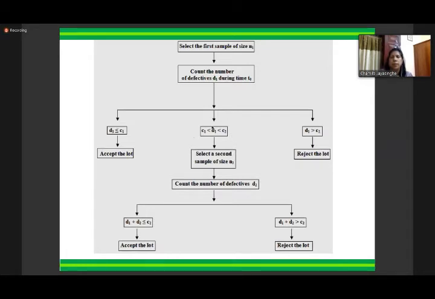The defectives they count, and if it is in between, it should be between C1 and C2, but they count the numbers of defectives D2 and D1, and if D1 and D2 are greater than C2, they reject the lot, right? Because if D1 and D2 are less than C2, they accept the lot, because they do not keep any kind of